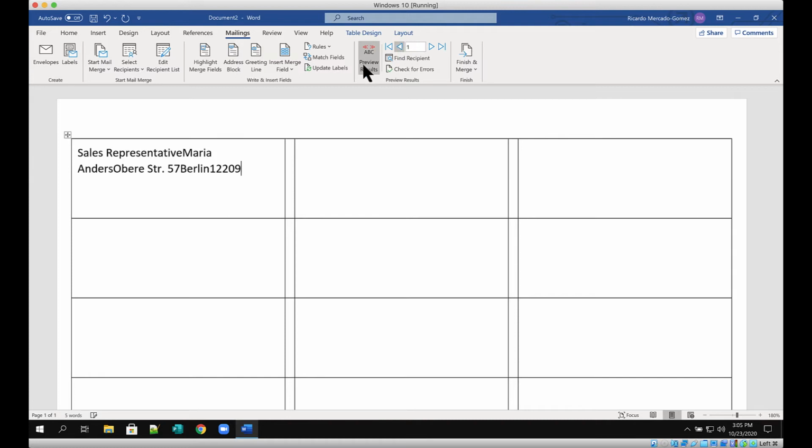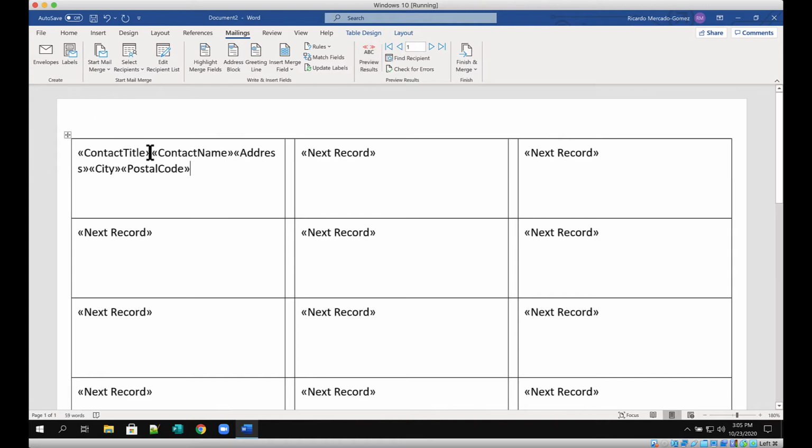But it has no spaces, so we have to take care of that first. So the title of that person, I'm going to click in between and press the space bar, put it to the next one, space bar, and you see now I have my contact title and the name, the address. Here I'm going to hit Shift+Enter, so it's going to be right below. Again, Shift+Enter, so it's right below, and then separate the city,